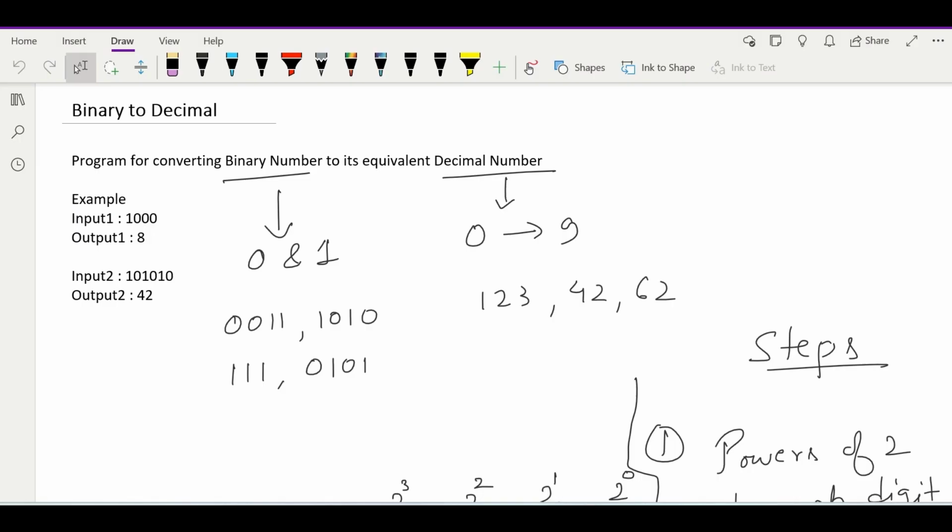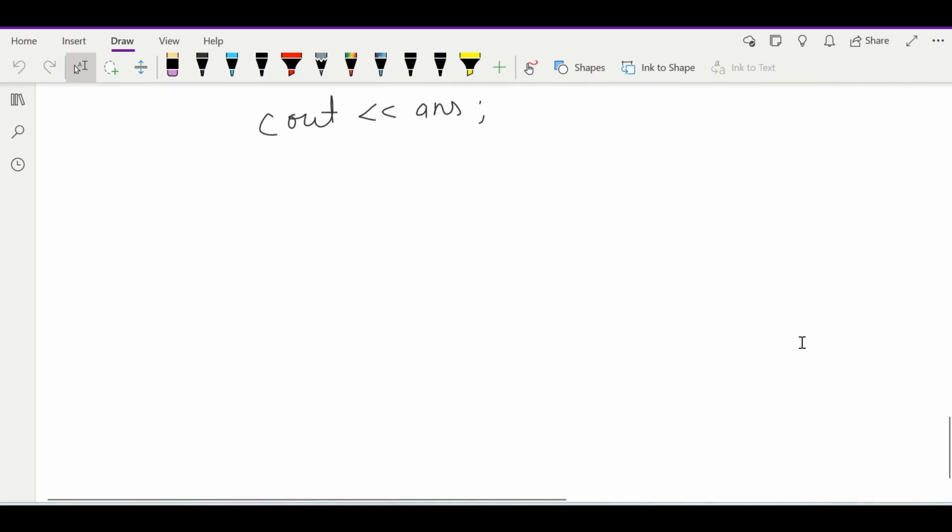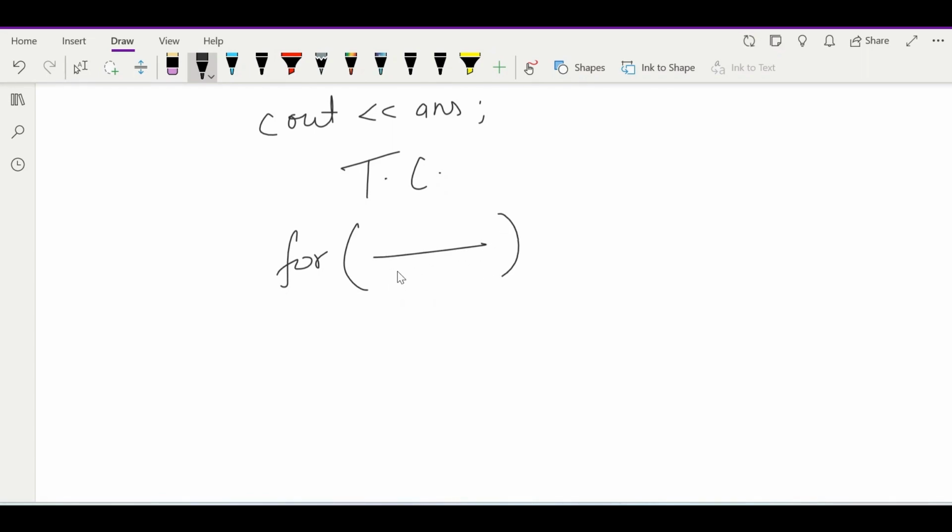Talking about the time complexity of the code, the time complexity is very simple. Why? Because we are simply running a for loop, and it is traversing the whole string.